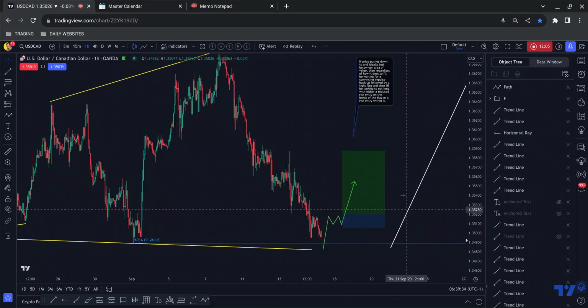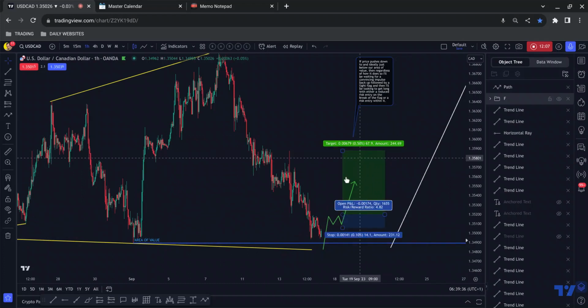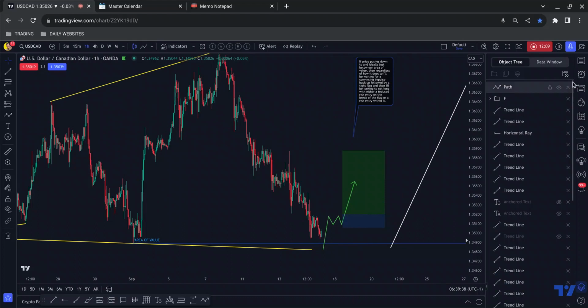We might trigger that even by the end of this video, but we shall see. But that's what I'm going to be looking for, folks. Nice and simple. And again, if we don't tap into this area, then I will not be looking to place a trade. But at the moment, it's looking fairly promising for an entry.